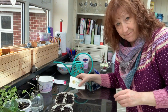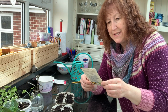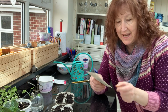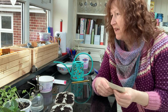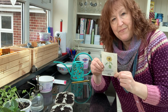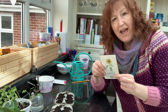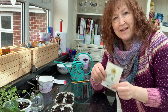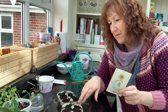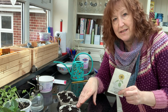My friend Penny, my Knit Night friend Penny, gave Irina and I both some sunflower seeds when she came back from Belgium earlier in the year. Could have been the end of last year, I can't remember. So I think it's time to plant up some of these. I'm going to start them off indoors, and then, I was looking at the wrong place on the camera again, sorry. So I'm going to plant those into egg cups,